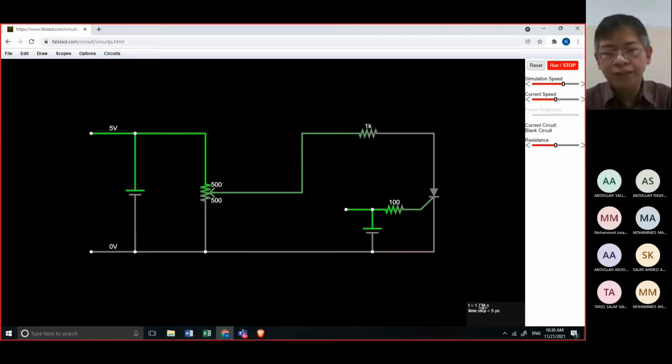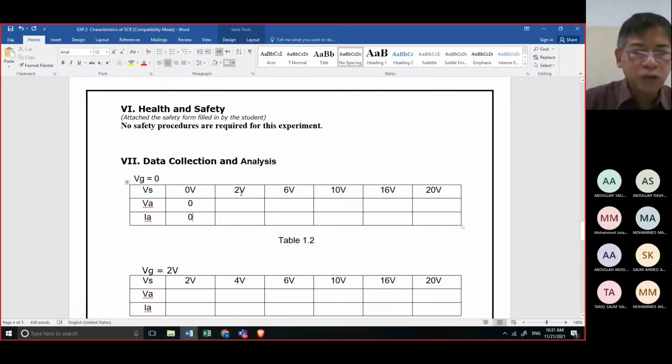It's all equal to 0, meaning the voltage source is 0 volt, voltage A is equal to 0, and the current A is also 0. At BG equal to 0 and voltage source is 2, what will happen?